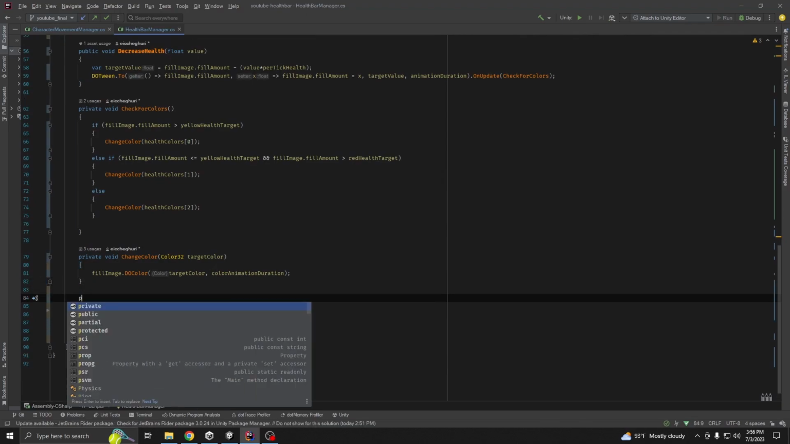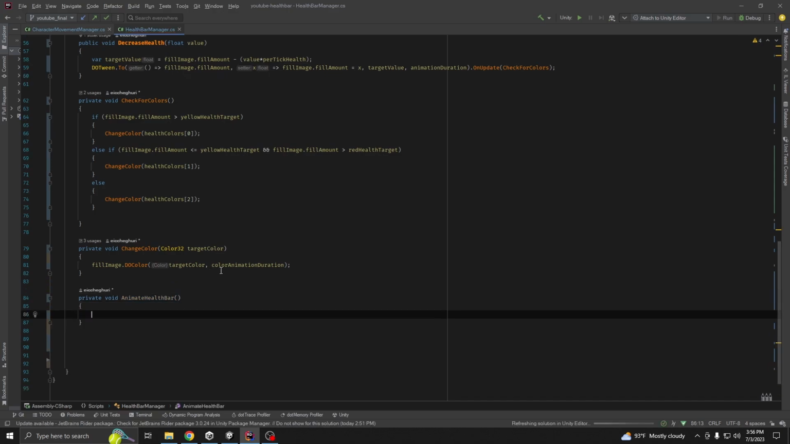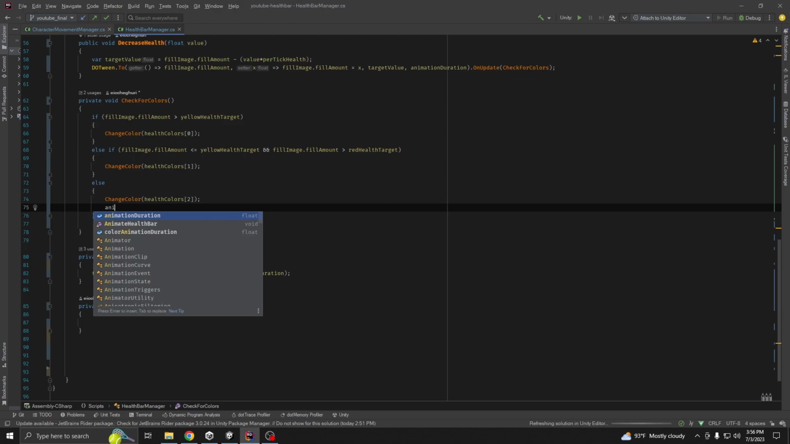Now let's create another method called private void AnimateHealthBar. So we want to call this one whenever our health goes to red, right? So here, AnimateHealthBar,